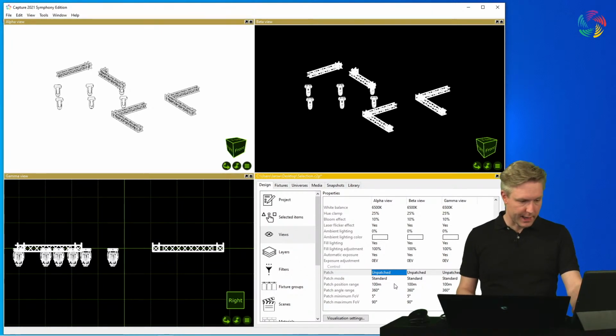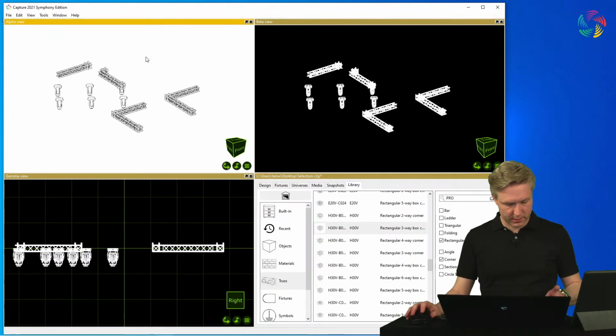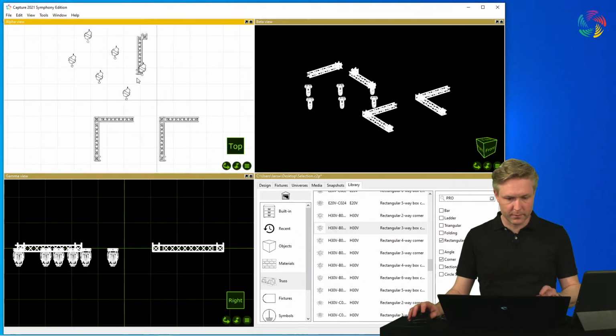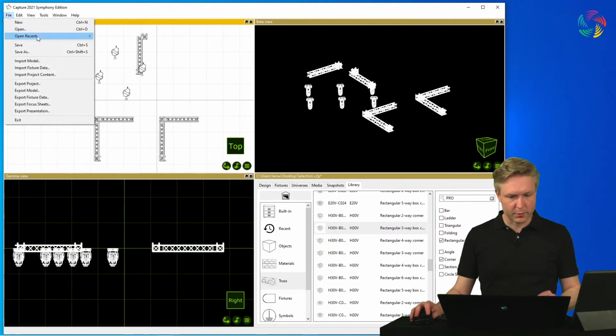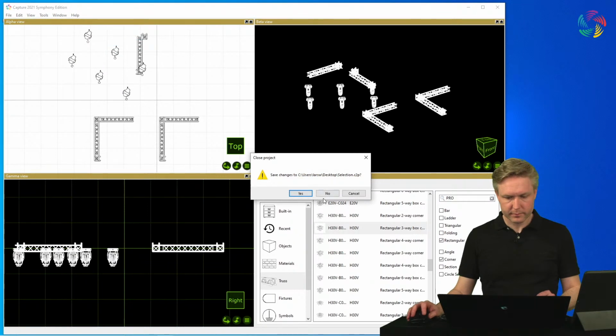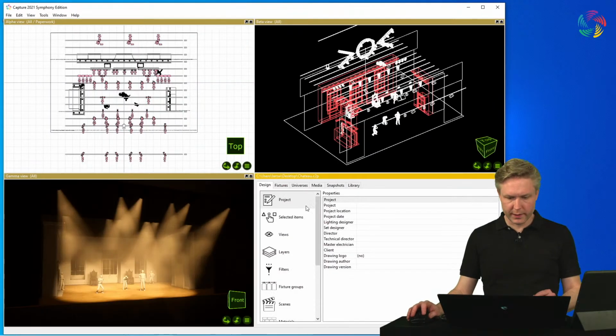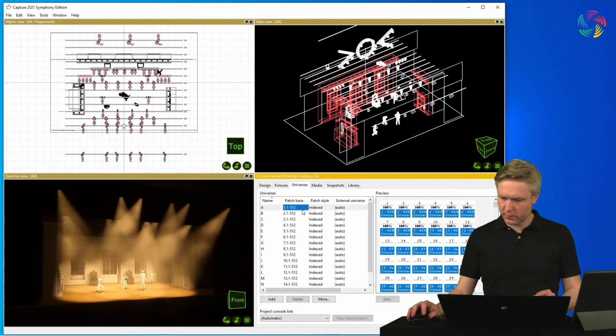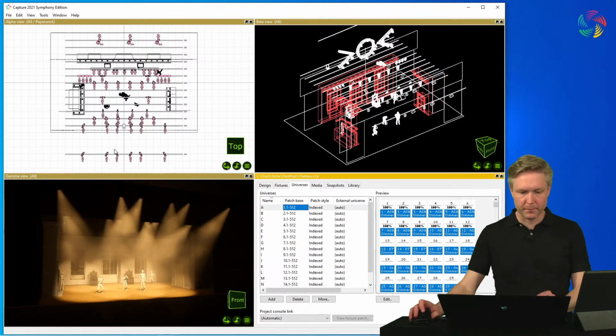Simon Ellis is asking, can you add fixtures with the same address, i.e. having 2 fixtures that you want to operate the same, like having multiple LED cans on the same address? And the answer is absolutely yes. Let me just bring a little bit of order, or actually let me load another project file where I believe this is already the case, or maybe not. It is not. So